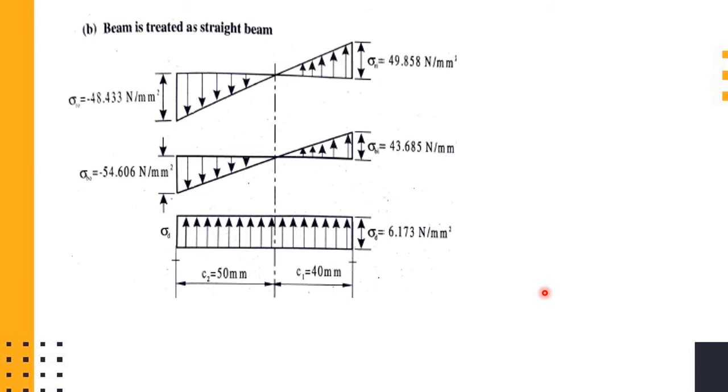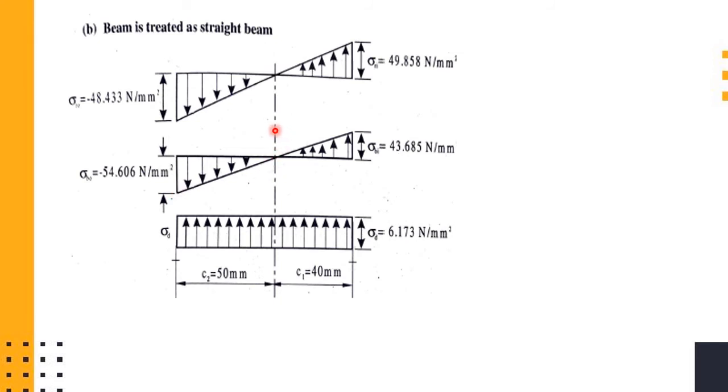With the values which we got earlier, we can draw the stress distribution curve for a straight beam. C2 and C1 you know, so we can draw the direct stress distribution which we already drew, and the remaining is the bending stress at the inner and outer fiber. You can see the bending stress at the inner fiber, if it is treated as a straight beam, is comparatively lower, and the bending stress at the outer fiber is compressive, and hence it is a negative value, with a larger magnitude in the negative direction.